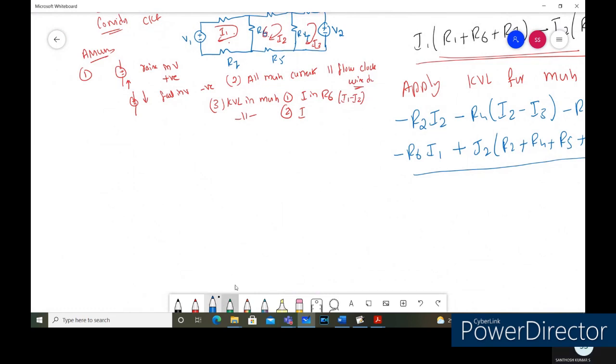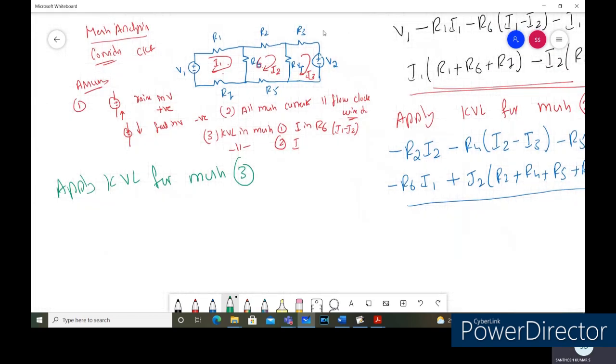So we'll apply the KVL for mesh 3. Let us start from the voltage source. We make the assumption that the current entering the positive of the voltage and leaving the negative we consider as a drop in the voltage. So it's minus V2